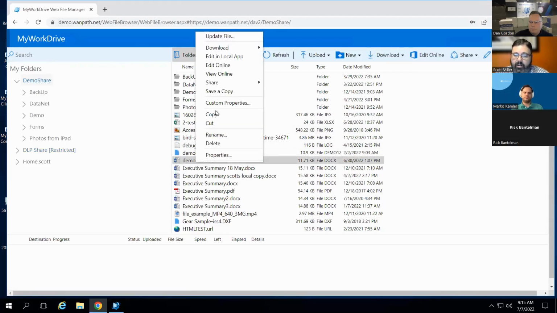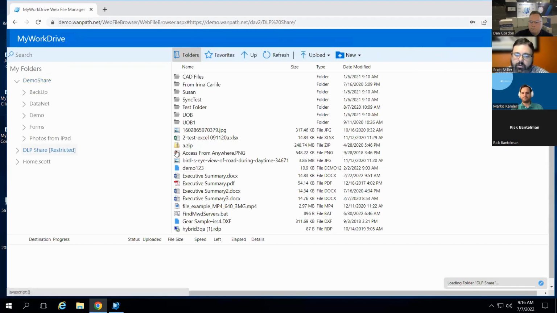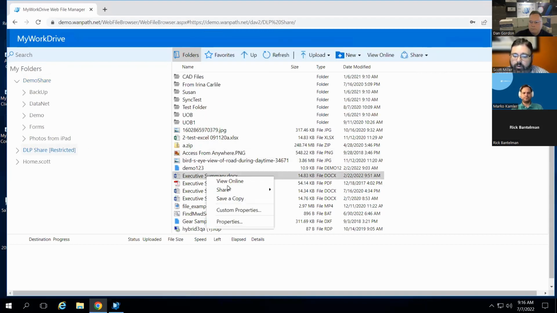You can right click and say, excuse me, I've got to move the Zoom ribbon here. You can say edit in local app, and you can take this down to desktop Word if you have desktop Word installed. And again, you can control whether you want these options to exist. I'll touch on them from a security standpoint in the server side demo. But we've removed the ability to go to local app editing with DLP. So now you get a restricted set of what you can do with this,